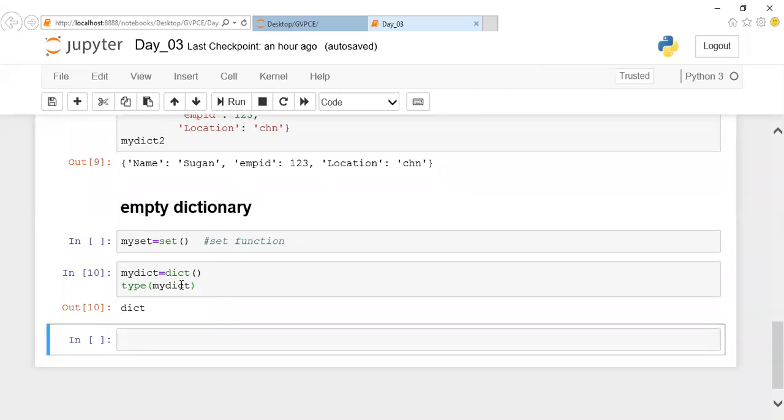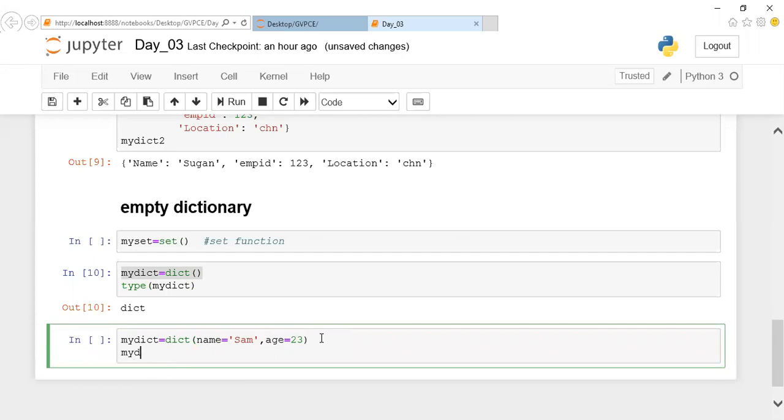Okay. Now I'll show you people how to initialize a dictionary by using this dict method. So far we have seen directly how to initialize it. Now I'll show you how to initialize by using this dict method. If you're going to use this dict method, the initialization will be done inside these parentheses. I'll be doing it like this: name assign Sam, and let me give age assign 23.